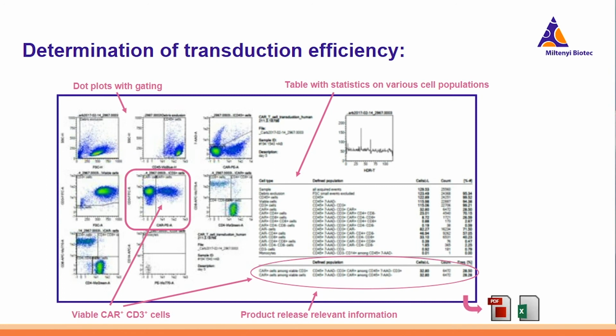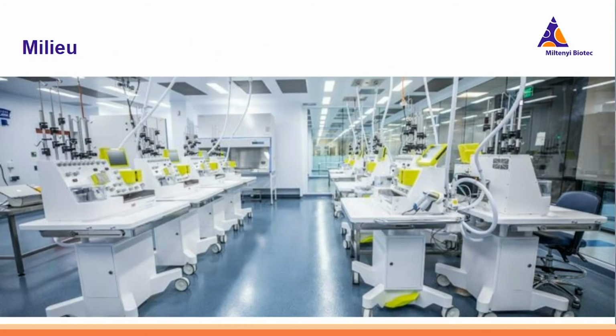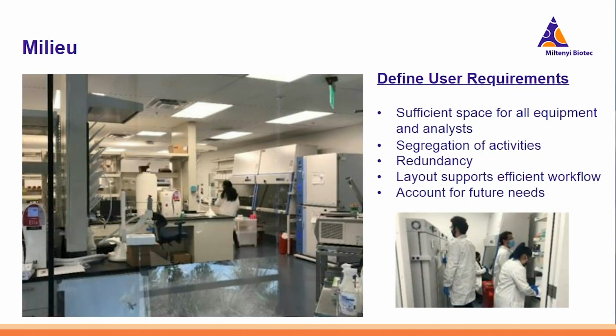And lastly, all of this has to be wrapped up in the appropriate environment. So the milieu is important, and this probably needs the most lead time of all, given that developing and in some cases building up, fitting, and qualifying the laboratory can be an extremely resource-demanding activity. It is really critical to define your user requirements exhaustively beforehand and to ensure you are building the right milieu. This includes sufficient space for all equipment and analysts,